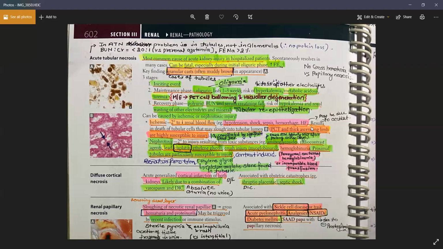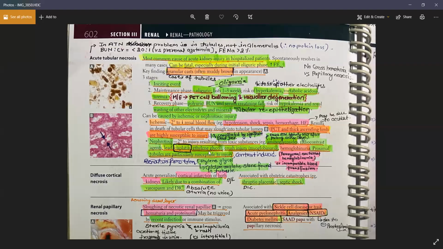Any patient who has a recent history of infection and now has acute tubular necrosis, or any patient who underwent a CT or MRI with contrast and 24 hours later becomes oliguric, with no urine output for 24 hours, think about acute tubular necrosis. Any patient who works in a munition factory, or paint, or maybe a construction worker, think about lead poisoning. A patient on chemotherapy who now has acute tubular necrosis, think about that.